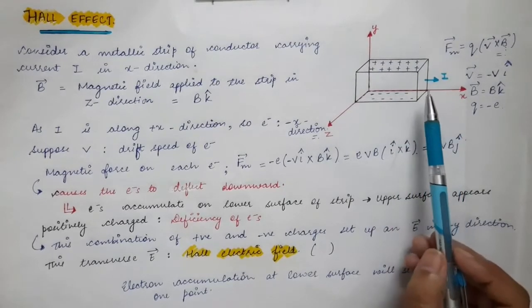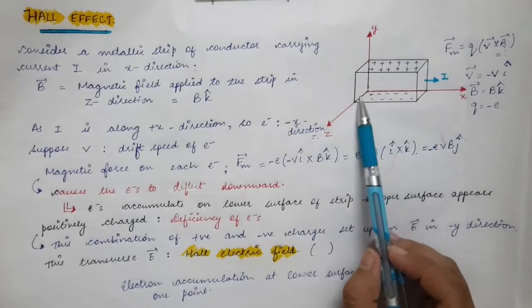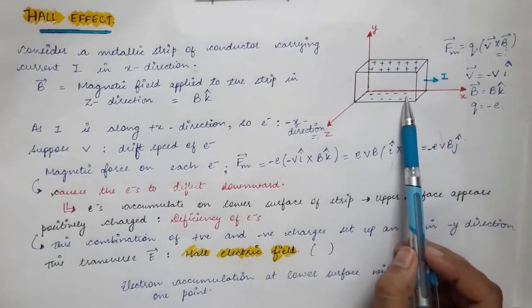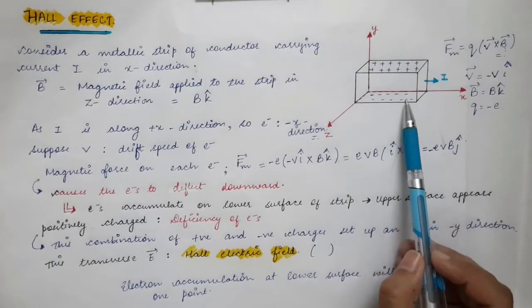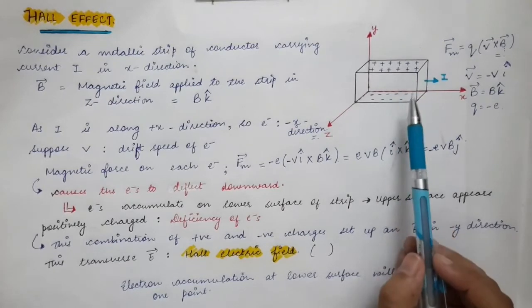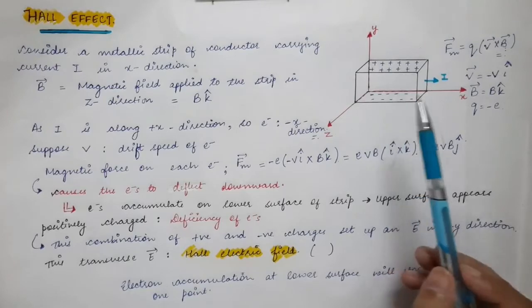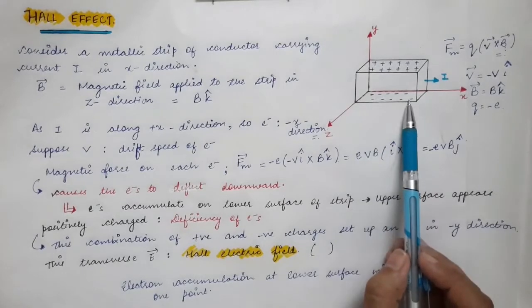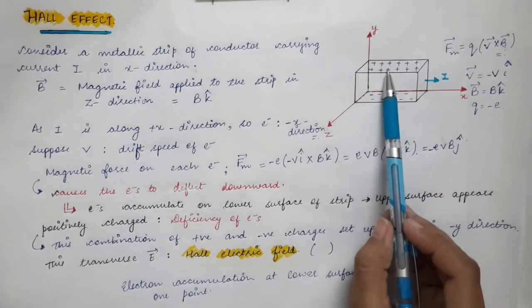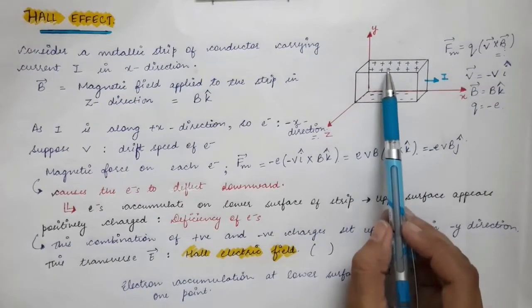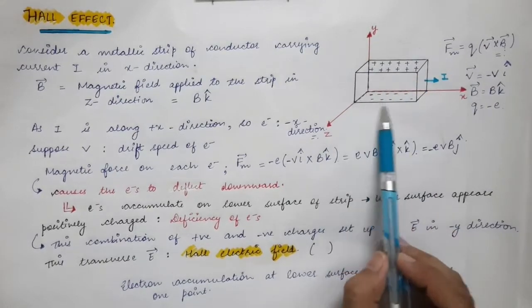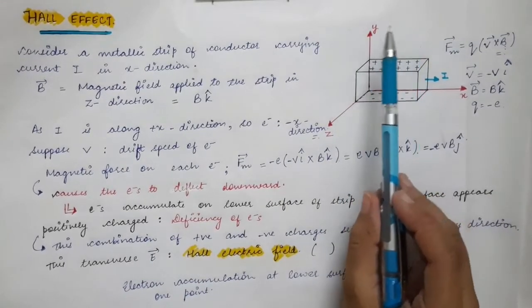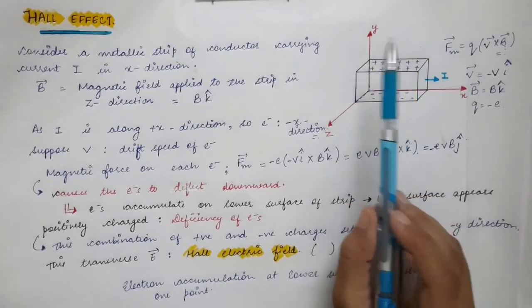So with time, a large number of charges get accumulated on the lower surface. So the charges increase. The negative and positive charges on the lower and upper surface respectively increase with time. So you can see over here that the upper surface is positive and the lower surface is negative, means there is a rise of an electric field. So the upper surface is positively charged, the lower surface is negatively charged, and you already know that if you have positive and negative charge, there is an electric field set up between the two electrodes.